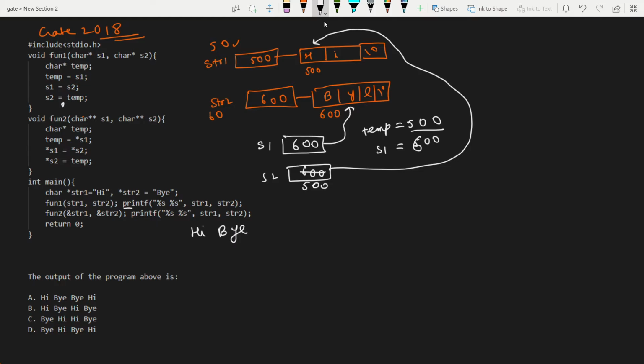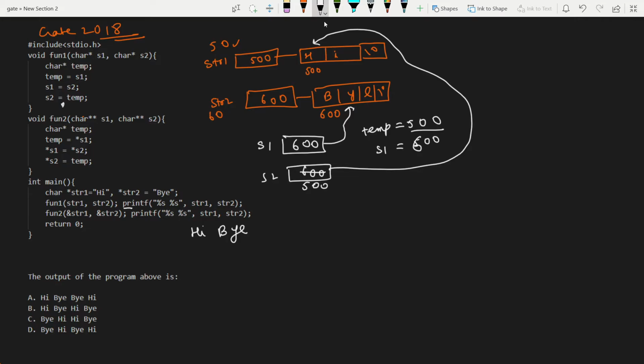No changes in the str1 and str2 pointers. str1 is pointing to hi and str2 is pointing to bye. Here we only made changes to s1 and s2, which are local to this function. So it will not affect anything for str1 and str2. So the output is hi and bye.